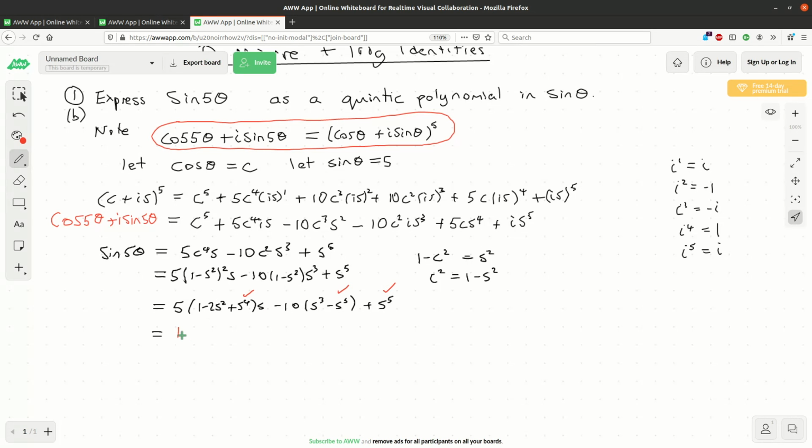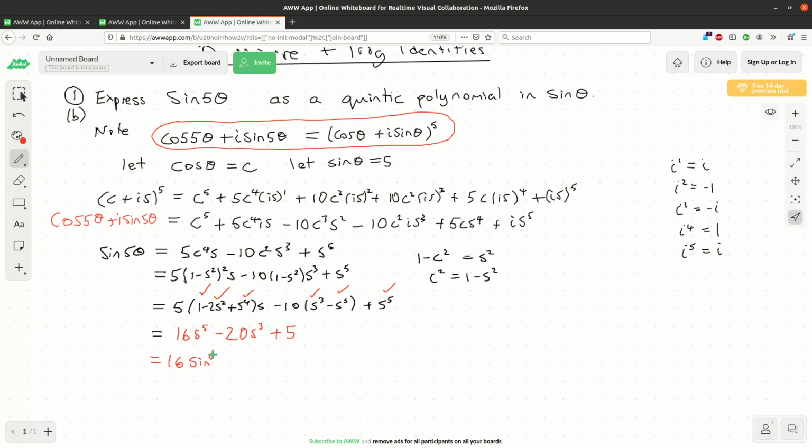Now for my cubes, I've got a minus 10s cubed here, and then I've got another minus 10s cubed. So this will deal with these two, and I'll get minus 20s cubed. And then finally, I've got a 5 there, which I haven't ticked yet, so I need a plus 5s on the end. And so what have we shown? We've shown that sine 5 theta is 16 sine to the power of 5 theta minus 20 sine cubed theta